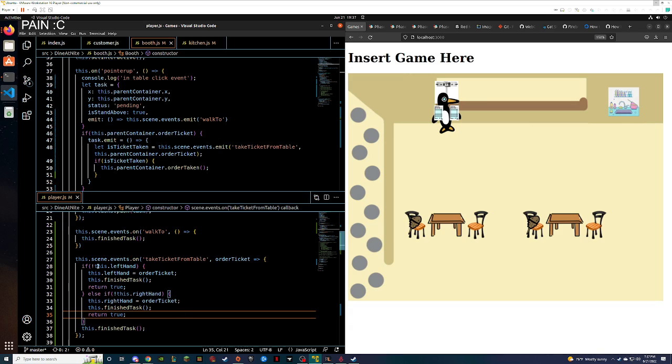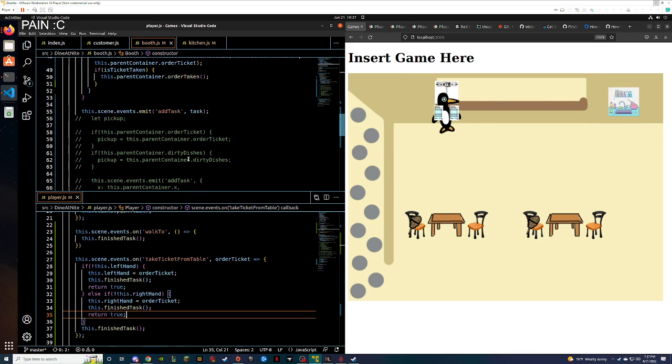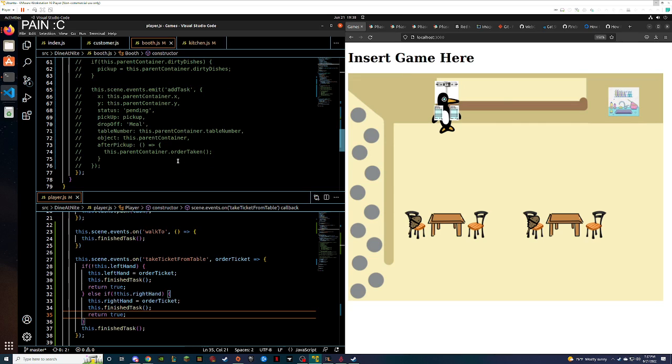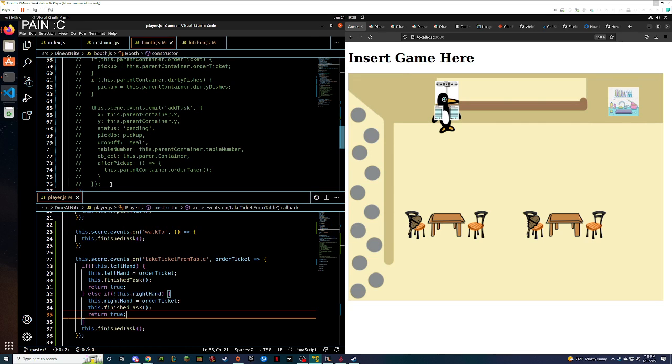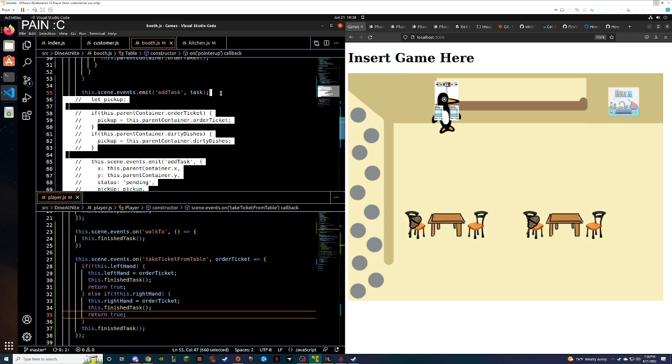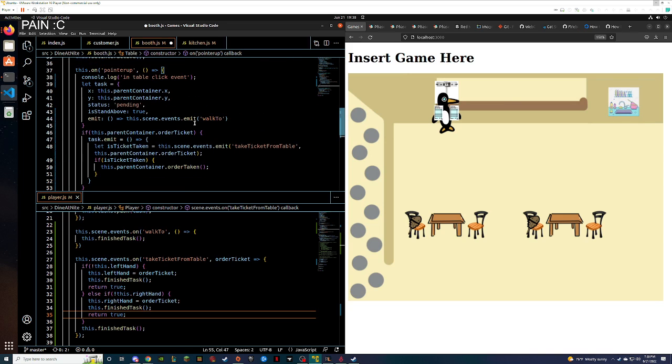Whew, this needs to be cleaned up a little bit. I do want to get rid of the console logs I put down though. This is booth. Oh, look at all this that could be cleaned up. It's a little better. Technically, what I could do is put this in the if statement. But that's not very readable, so we're not going to do that.